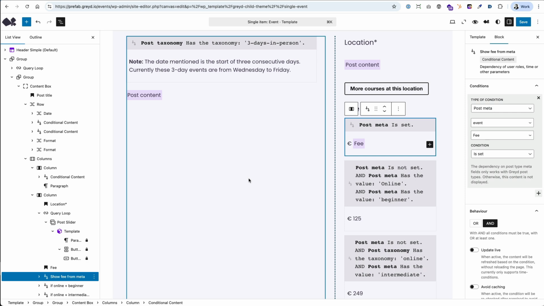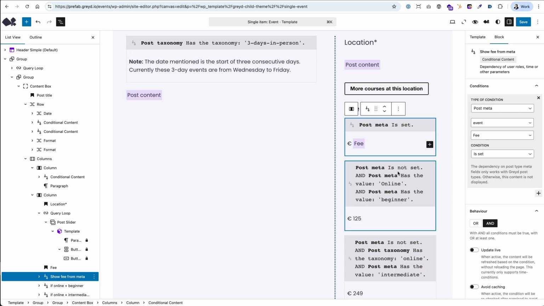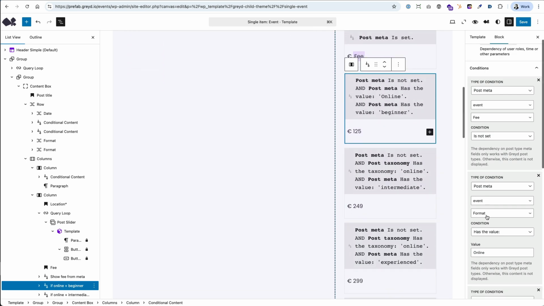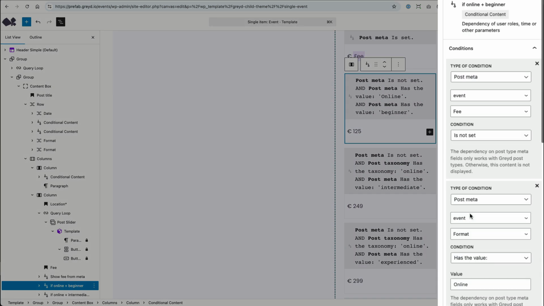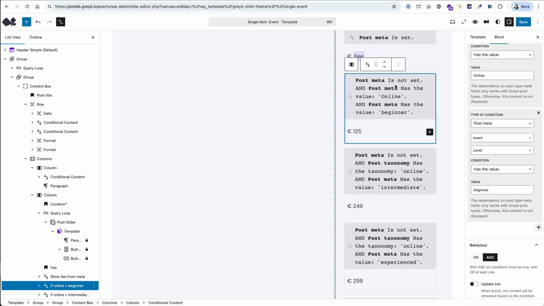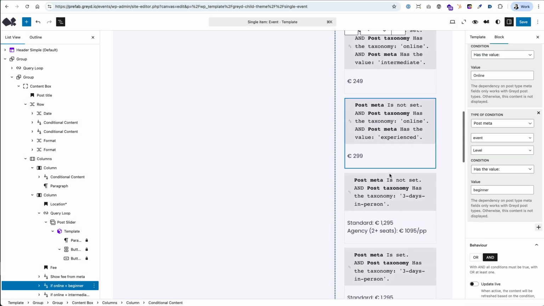Because if the fee has not been filled out, the other conditions kick in. If there is no value in this field and the value of the format is online and it is on beginner level, this is the fee. And as you can see here on the right, I have set more than one condition. This is why it displays like this. So that way I have set